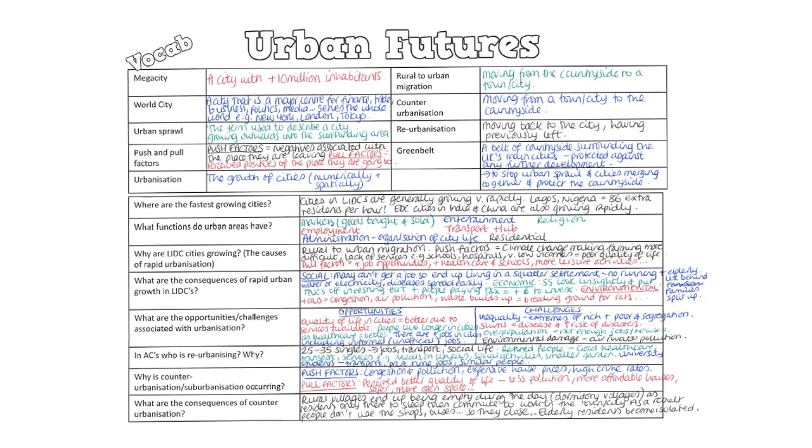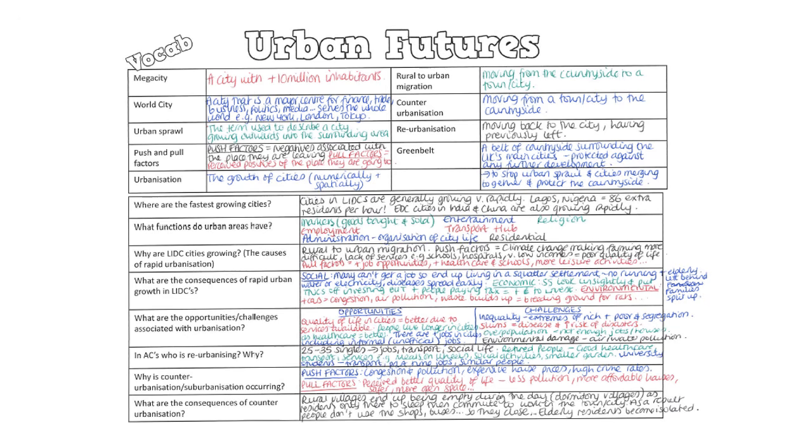What functions do urban areas have? So the functions of an urban area is employment, so providing jobs for people, entertainment, so there are lots of leisure activities for people to do, religious centres, big religious buildings tend to be in urban areas, there are markets where goods are bought and sold, the administration, the organisation of the city takes place there as well, so the governance, the administration in terms of the bins being collected and that kind of thing. And also people live in the urban areas, so residential.